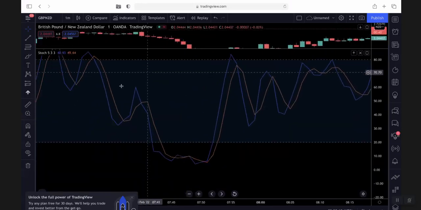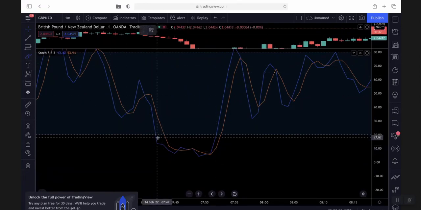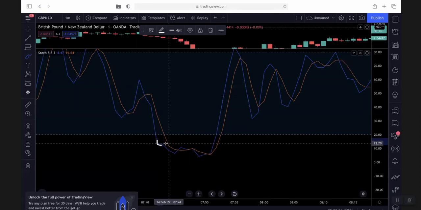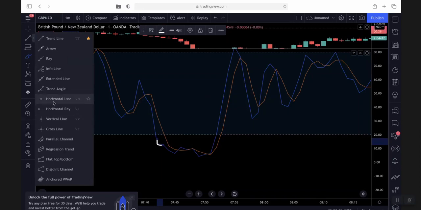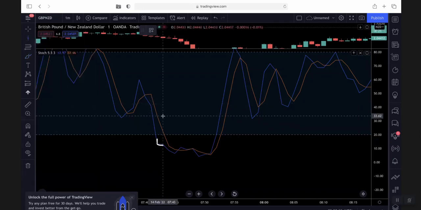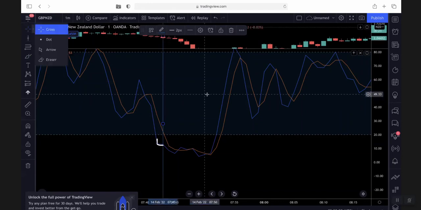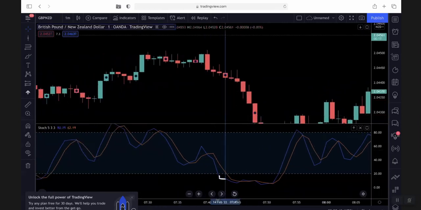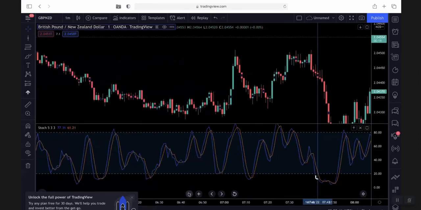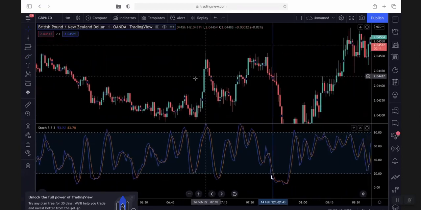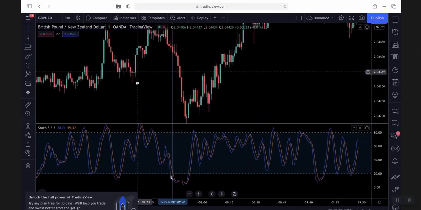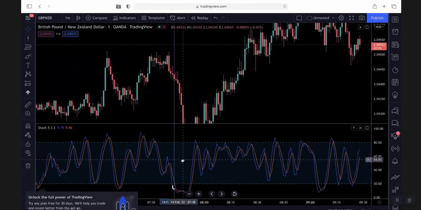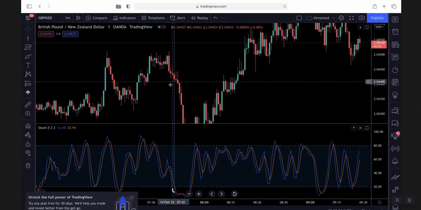Just like in this case. Fine. You will think it is turning here. You will think it is turning. And let's see. I want us to use a horizontal line and check where the market was, where it was turning a little bit. So in this case, what was happening is that it was a divergence that you could have spotted.